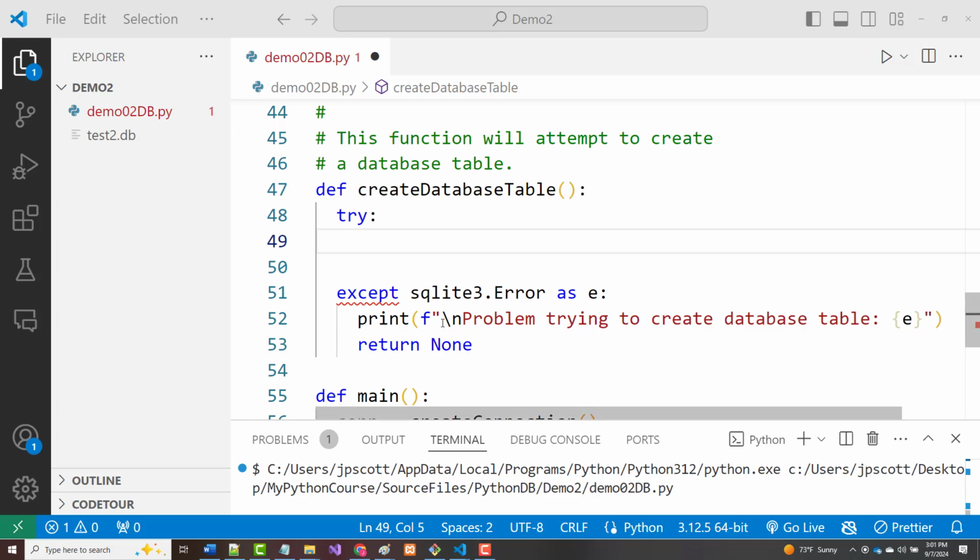All right, then I had to step out for just a minute, so we were in the middle of creating